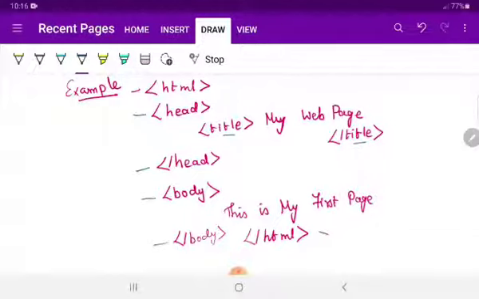So don't forget, always an HTML document begins with an HTML tag and it ends with the closing HTML tag. Without this you people can't tell it is your HTML document. In between, everything must have the opening tag and also the closing tag. So clear with this one?